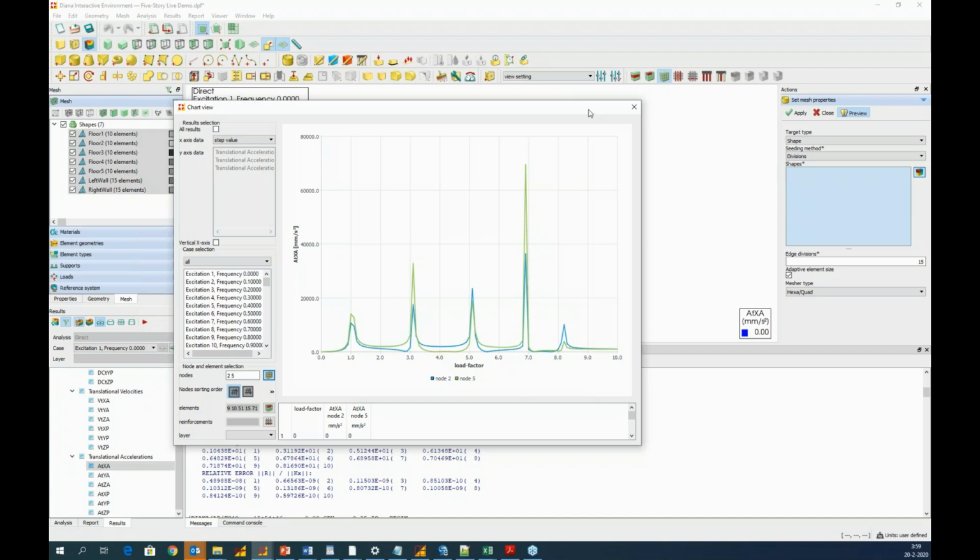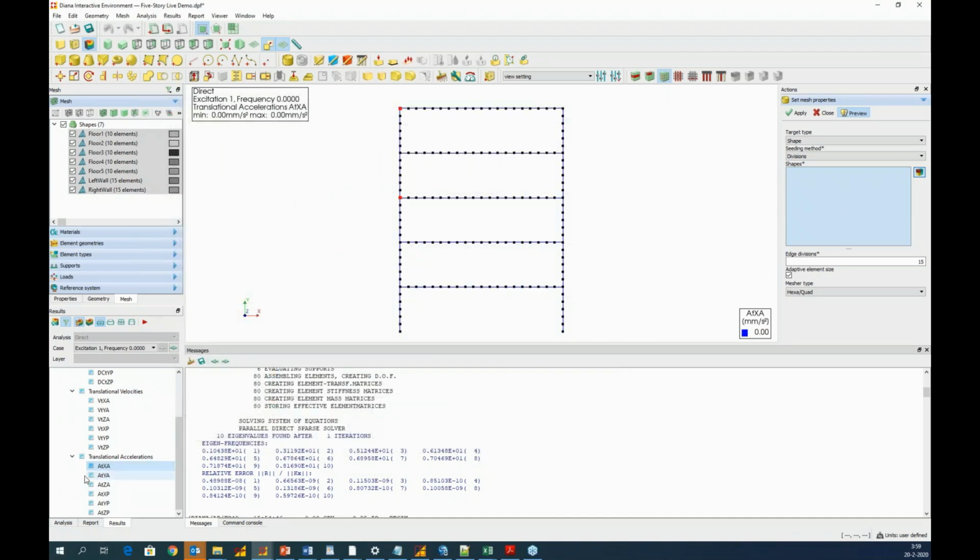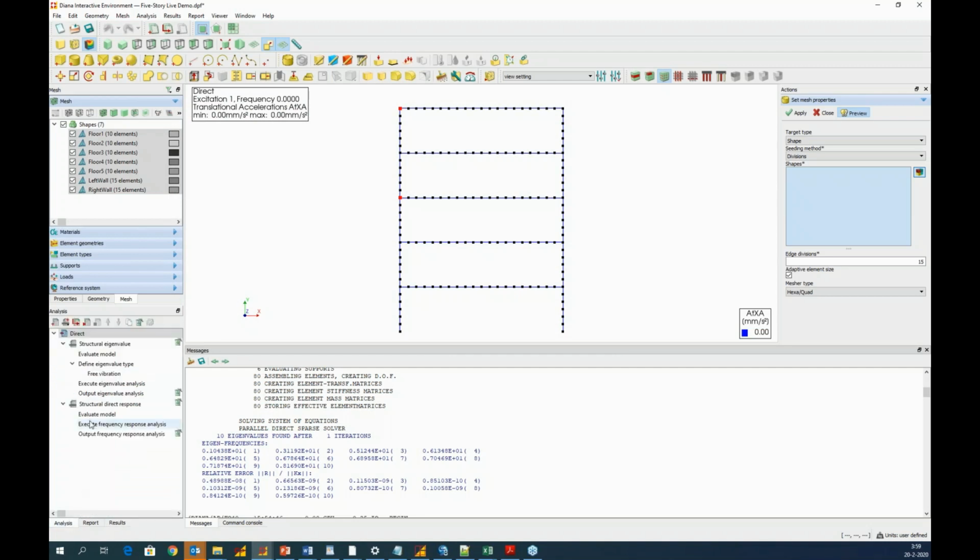So we are now going to perform another analysis, which is a modal response analysis, and we will compare the results of this direct response to the modal response. So I'm going to define a new analysis that I'm going to call modal.